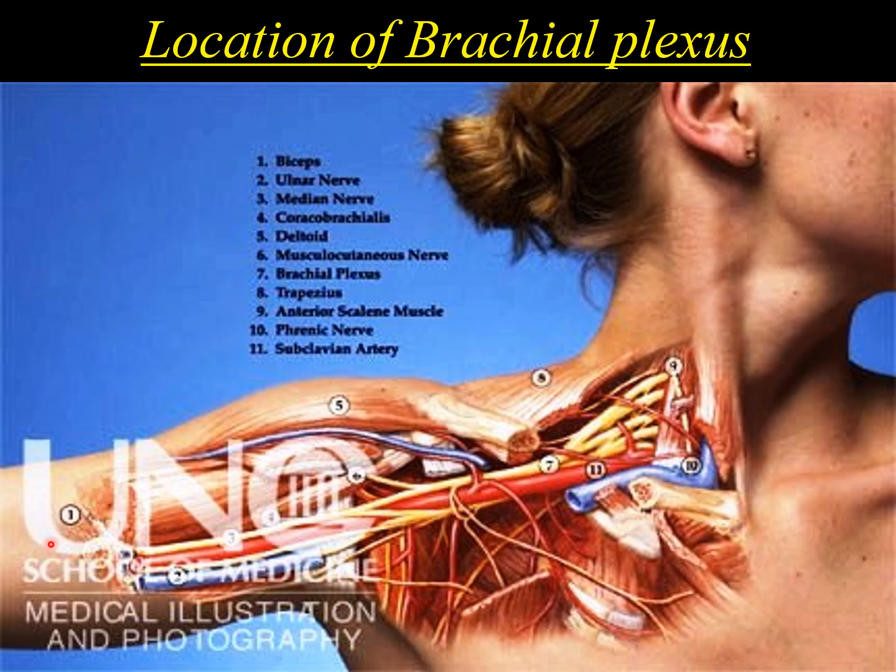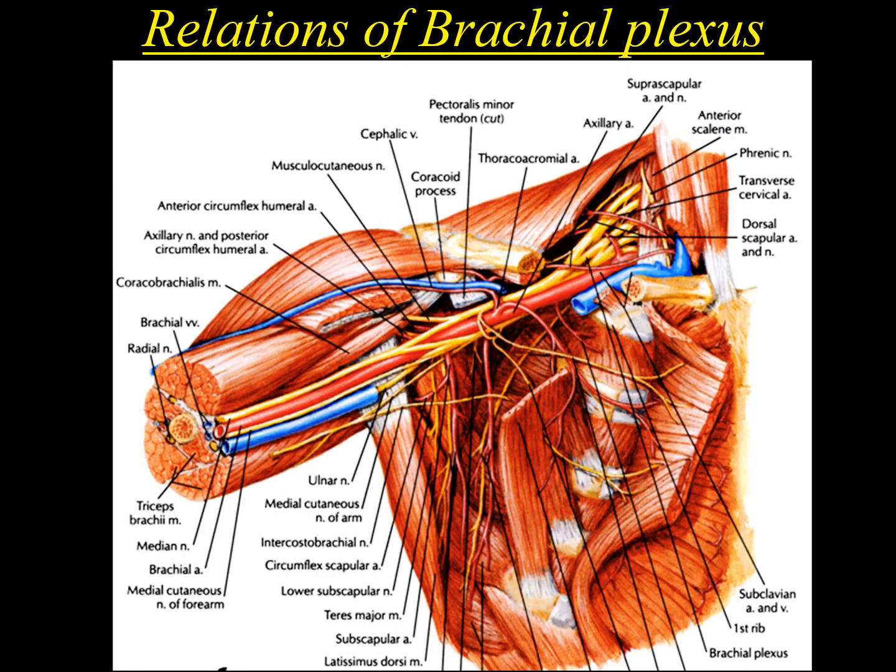And here you can see the artery known as the axillary artery, which has a relation with it, and we will discuss later also the axillary vein. So here we can see the roots coming from the neck, and as the roots emerge, they form trunks. How the trunks are formed, we will discuss. The trunks lie in the neck, in the triangle of the neck known as the posterior triangle of the neck. So they lie in the posterior triangle.